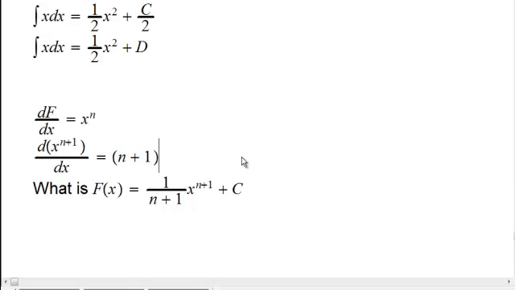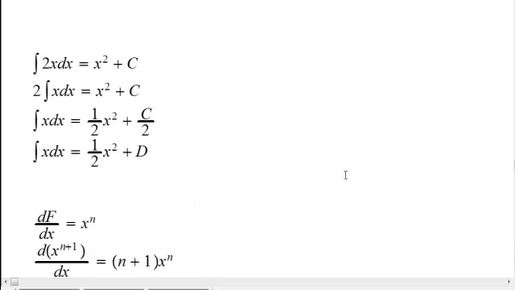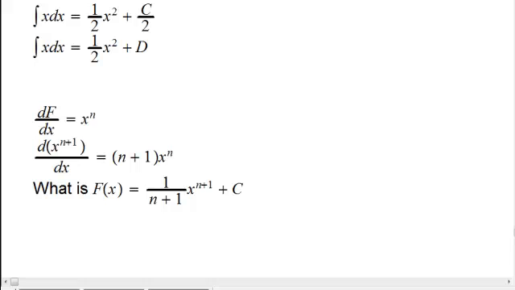So, is everybody good on this? Right? Okay. And that's where Adrian got that for us, right? Okay. All right. So what will be an answer to this? The antiderivative of x to the n dx is